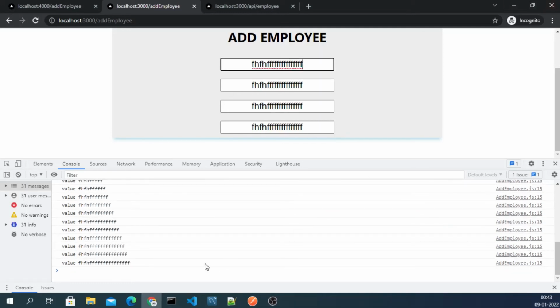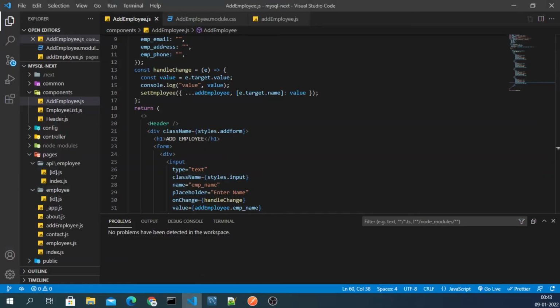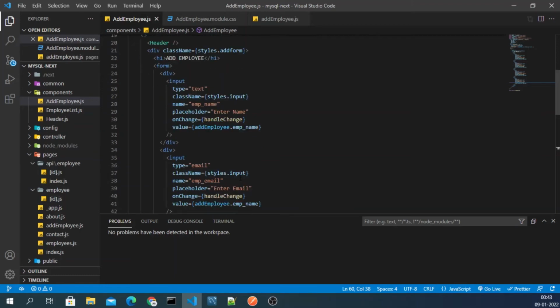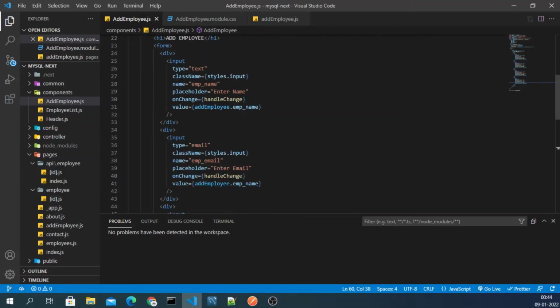We are getting the values, but add form, and then this text field, text, and then we have a class, then we have an email, name, enter name, handle change, then value, right?